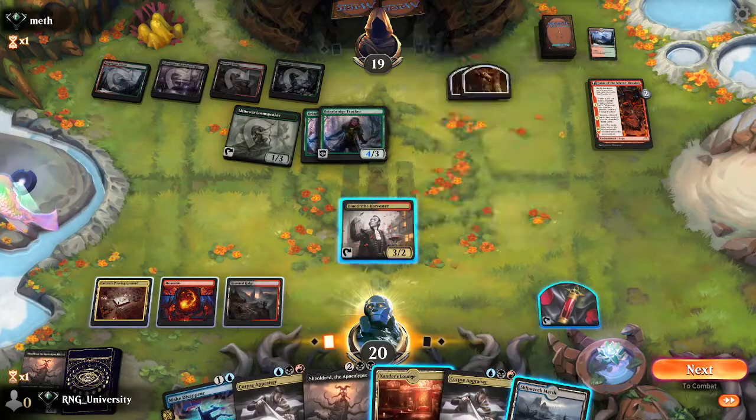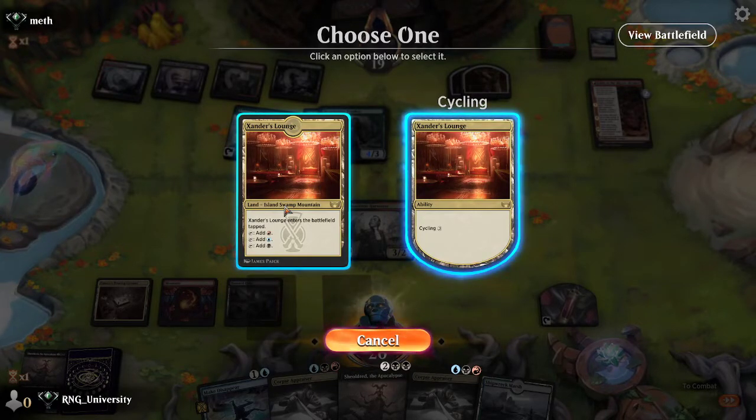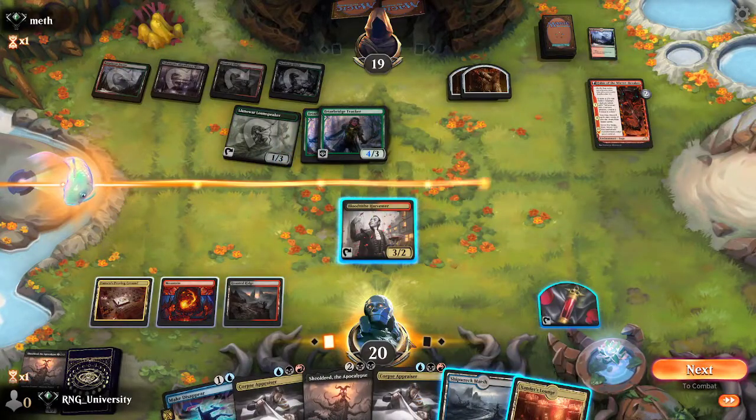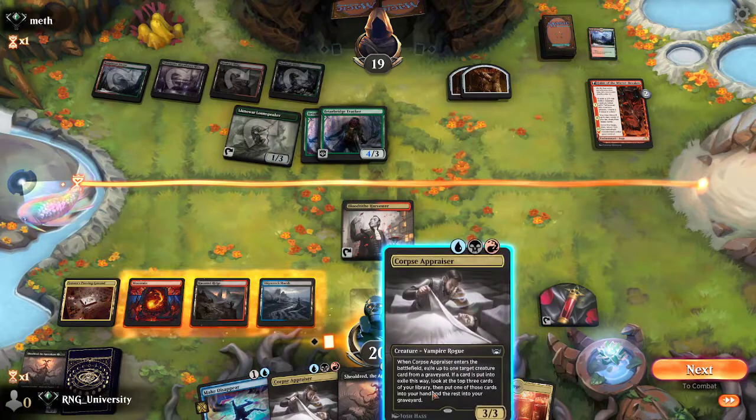Corpse Appraiser is a 3/3. It counters those 4/3, so I think it's better to have a 3/3 out. Let's see. Go. Xander Lounge. Oh, I can't even play Corpse Appraiser without blue, huh? Alright, well, if that's the case...